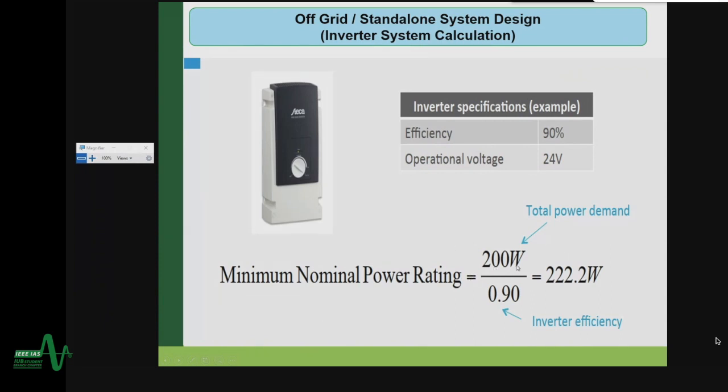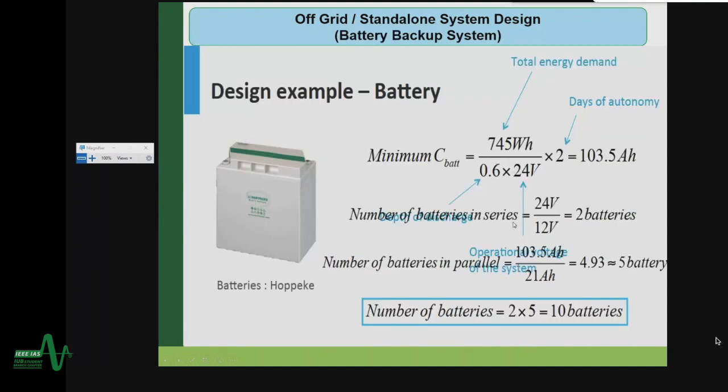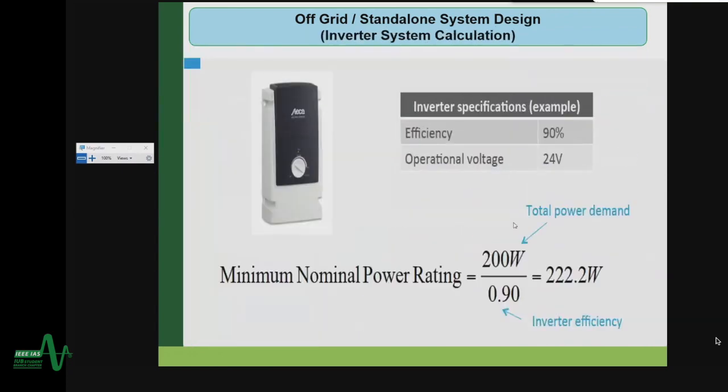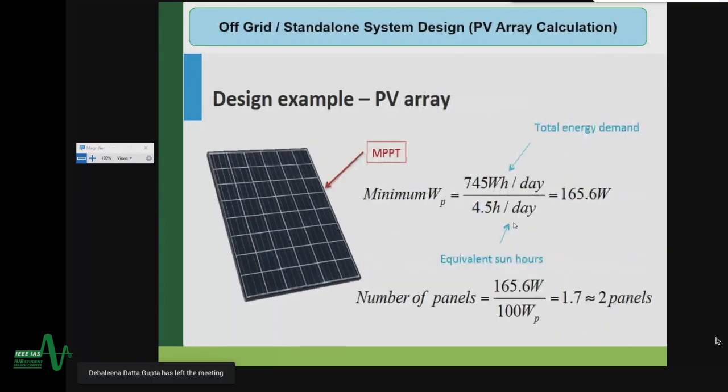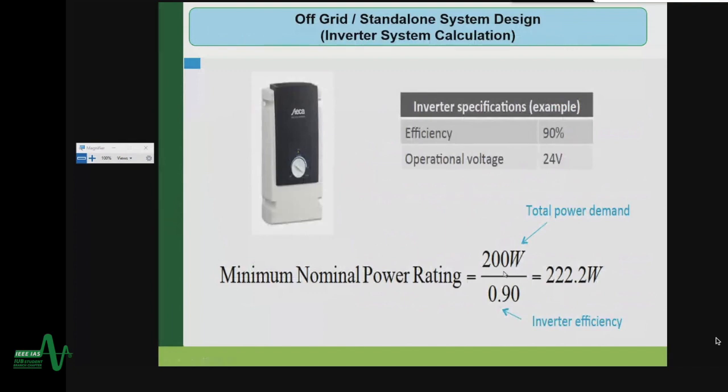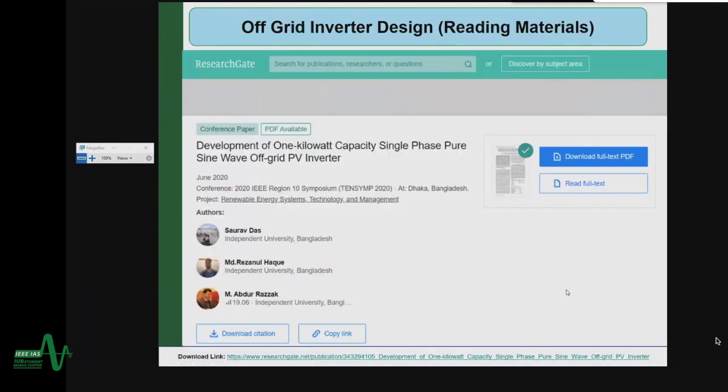So what we have to do is take the total power demand. It was not 200 watt; the total power demand we already calculated as 165.6 watt. But since there is an inverter, we are not considering a fractional value. So we divide by the inverter efficiency of 90%, which would be like 222. Okay,